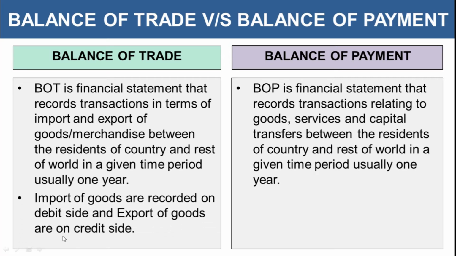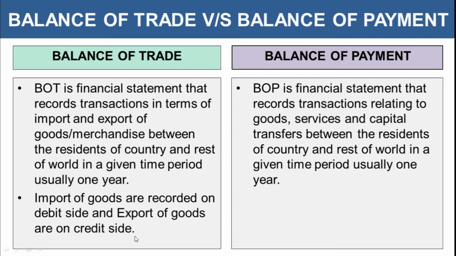Import of goods are recorded on the debit side and export of goods are on the credit side. So when it is prepared, you will see that all the imports of goods would be recorded on the debit side. Whenever a country is making an import, it is making payment, so there is a cash outflow involved. We are paying money and then we are importing goods. So this is not good for the economy. We should be more reliant on our own production and try to make more exports, so that the available balance in the economy could be in surplus.